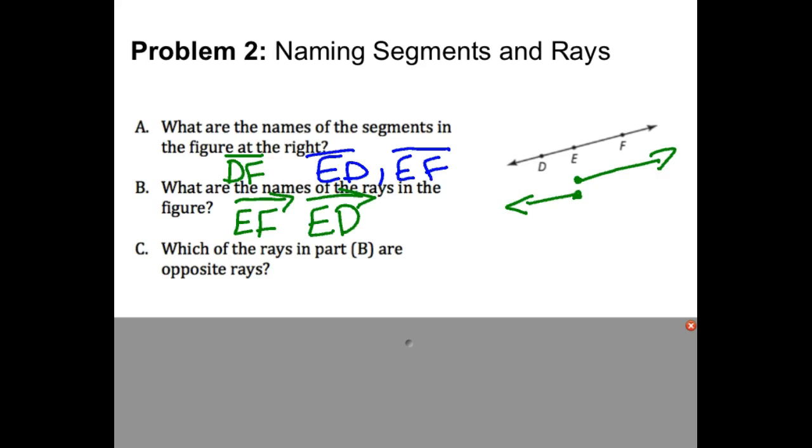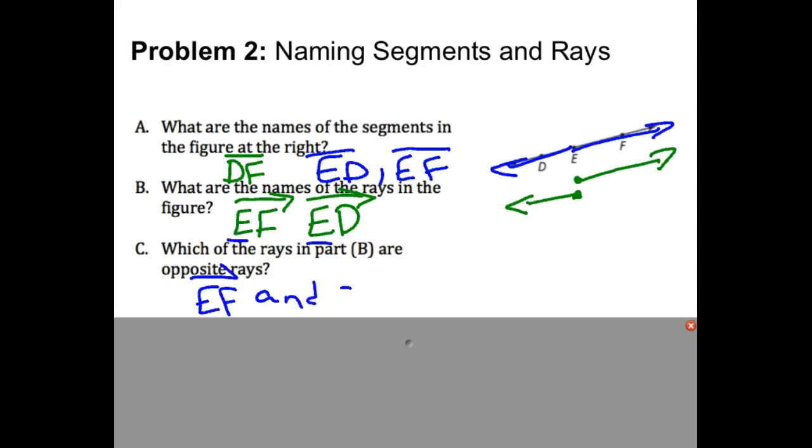It says, which of the rays in part B are opposite rays? Well, let's look at that. We only have 2 rays named right now, EF and ED. So I guess the question for us is, are those opposite rays? If you trace them in the drawing up above, EF and ED, together, do they make that whole line DF? Is every single point in that line accounted for? If so, then those are our rays. And since they both have that endpoint at E, these would be our opposite rays. So we would say EF